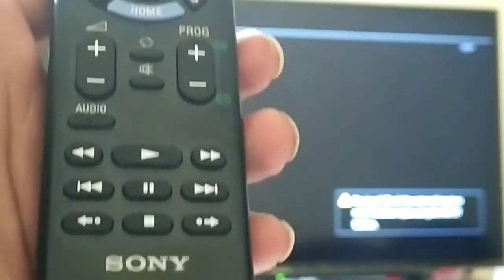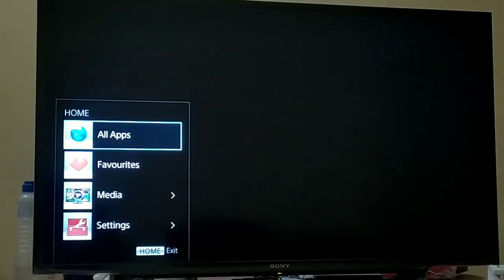So after all settings from your smartphone, now take the TV remote handset. You can see here, friends, the home button, just press it, and we will focus on the smart TV screen.